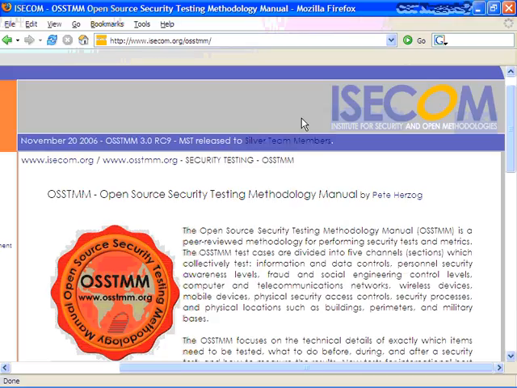The OSSTMM tests information and data controls, personnel security awareness levels, fraud and social engineering control levels, computer and telecommunications networks, wireless devices, mobile devices, physical security access controls, security processes, and physical locations like buildings, perimeters, and military bases. The OSSTMM is also known for its rules of engagement, which kind of lay out how the test is done. You definitely want to add this to your knowledge base. You can also download the manual from